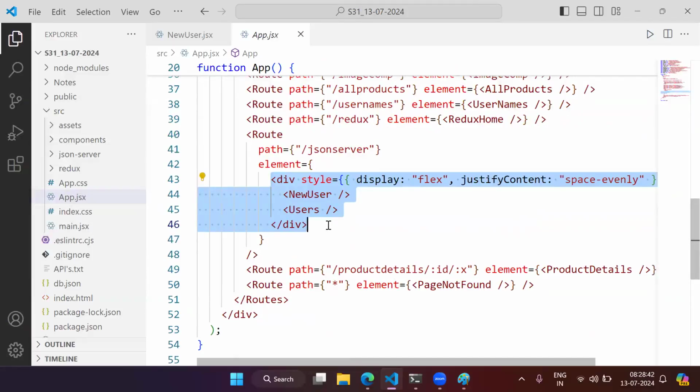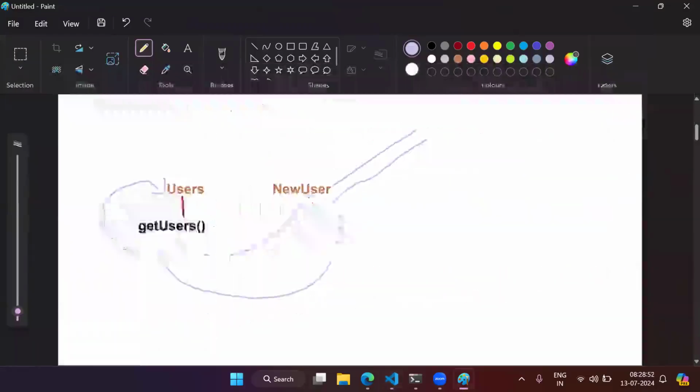Context is not used for sibling relationship, right? The app component we have to call, right? We can use Redux. If you want to go, we can use Redux. Or else what we can do is